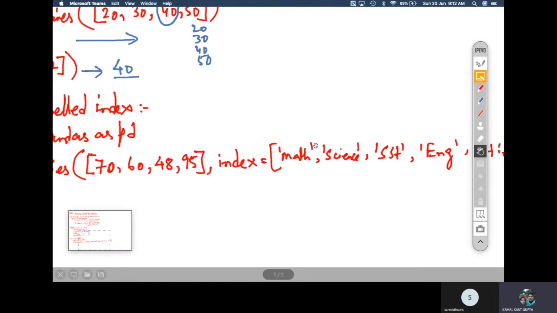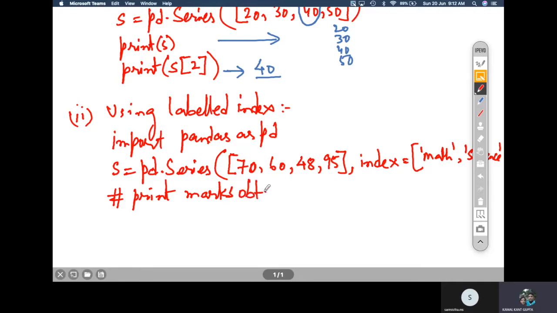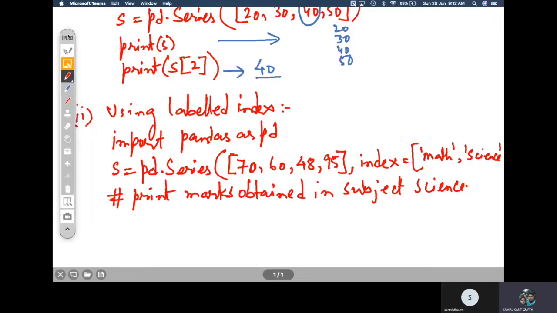Now let us go for the next thing. We will write s is equal to pd.Series, and after that we can simply access the elements, the marks. If the question is to print the marks obtained in subject science, the answering of this question becomes very easy, as we know that the marks are indexed with labels, right?